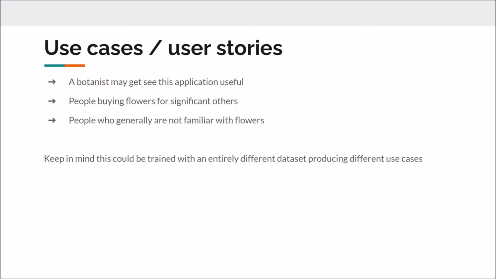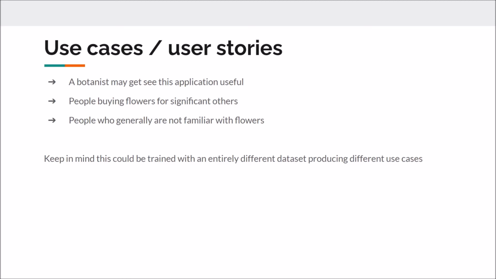Then they could use this app to help them identify the flowers with more confidence. It doesn't have to be flowers, but the model has to be trained with the certain image that it's going to be classifying, because it's not accurate if you train it with flowers but then try to identify trees, right? The model has to be trained with what it's going to try to identify. So one of the use cases is I can see a botanist using this to help identify